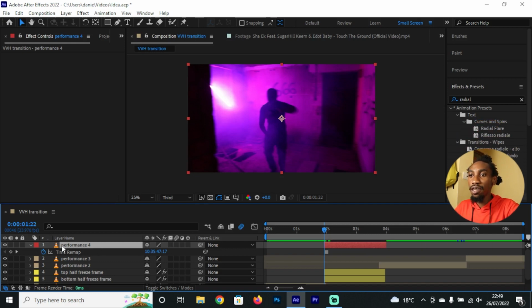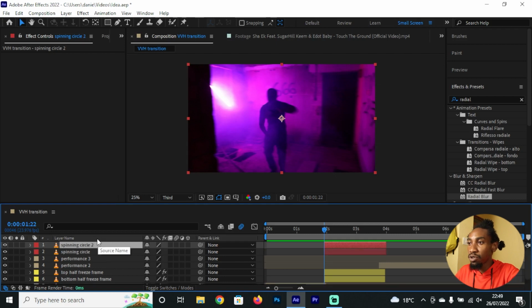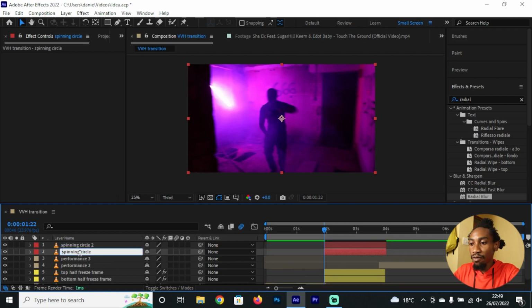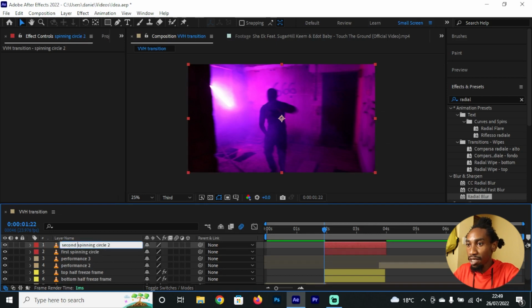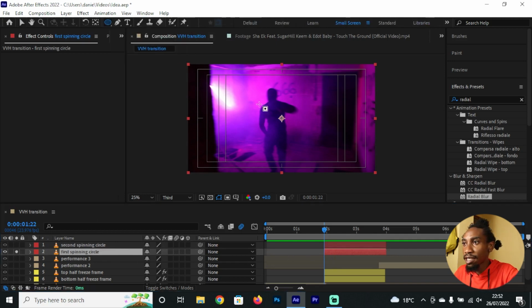Okay, now for these ones, let me just name them spinning circle. Okay, we'll need 2 spinning circles, just like in the example that I just saw from the video. So I'll Ctrl D to duplicate that, rename the first one first spinning circle, and then the second one second spinning circle. Now for the first spinning circle, I'll isolate that layer, and then I'll get our elliptical tool and create a perfect circle around the middle. I'll hold Shift to maintain the aspect ratio,